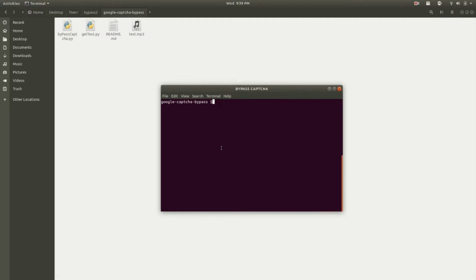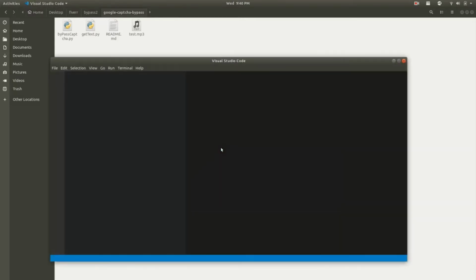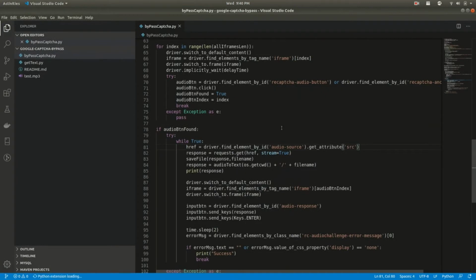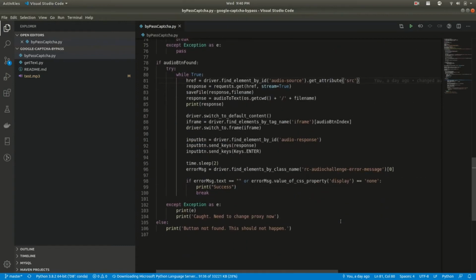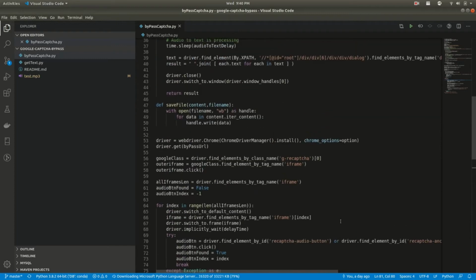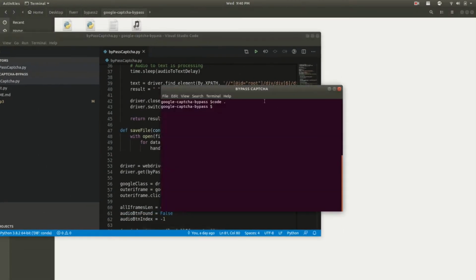In this video we'll be learning how to bypass Google CAPTCHA using Python, Selenium and with the help of IBM Watson. So let me first show you the code which I've written. This code is available on my GitHub page and you can check this out from there. We'll be further inspecting how the code is written, so you can change it according to your needs. So let me show you the example and what we're trying to do.